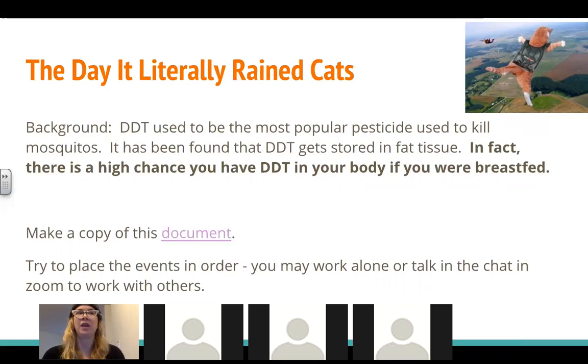Which is insane because they don't use it anymore. It's completely illegal. You'll never encounter it in your life, but yet it's in your tissue. Pretty scary stuff. Basically, with everything you touch, toxins can get into your fat tissue, which is the scary part. Even being in your car, toxins from the plastic in your car get into your body and get stored in fat tissue. If you want to read that book, let me know because I'll send you a link to it. It's really scary but interesting. Okay, so now that I freaked you out and you probably know that you have DDT in your body right now,